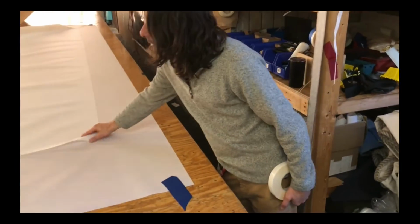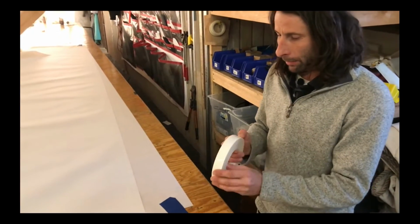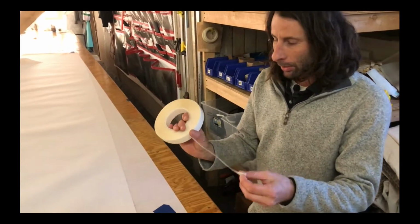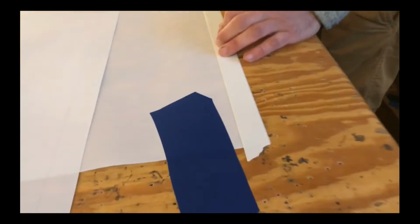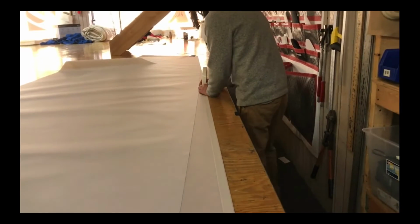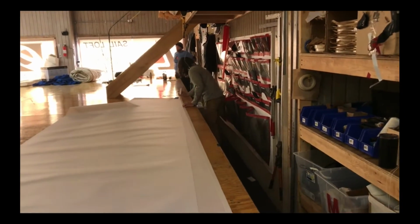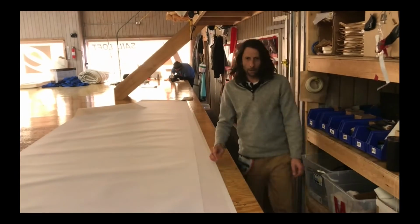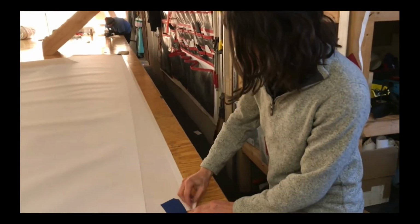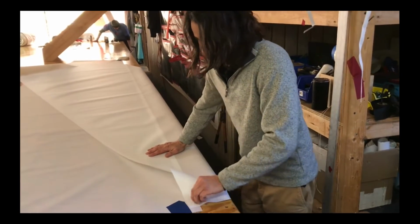I need to stick panel number 2 to panel number 1. And how we do that is we have double-sided seam stick, and that goes right along this line. Then I'll be sticking from the luff to the leech. I just did that